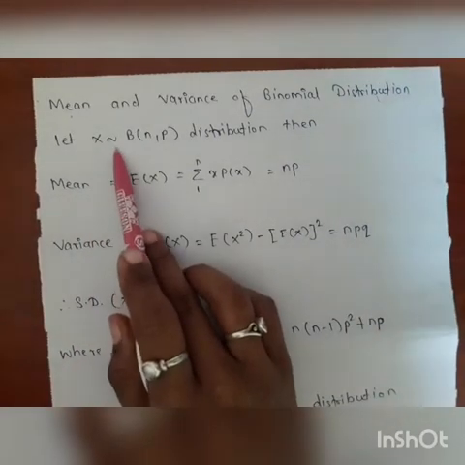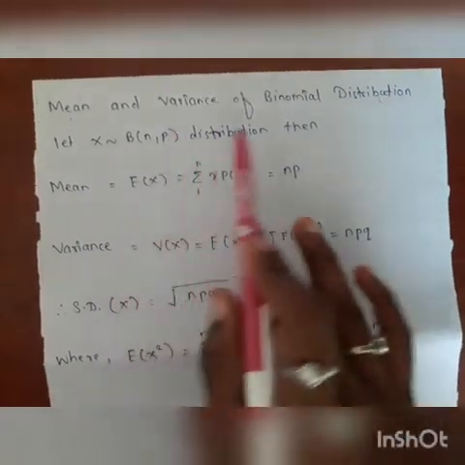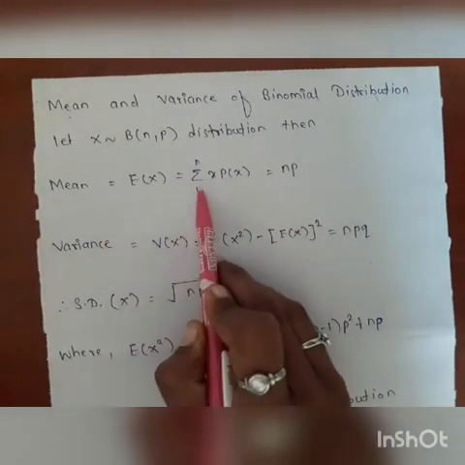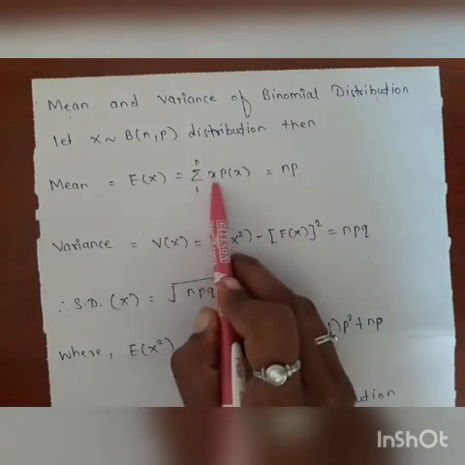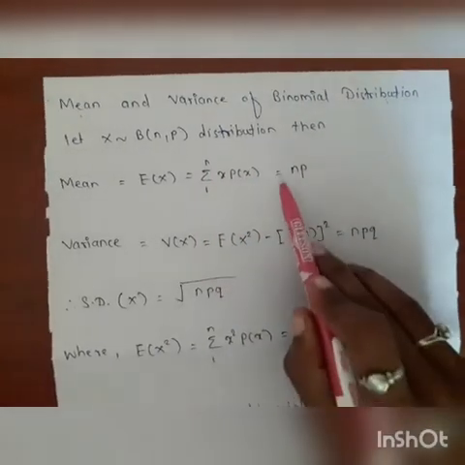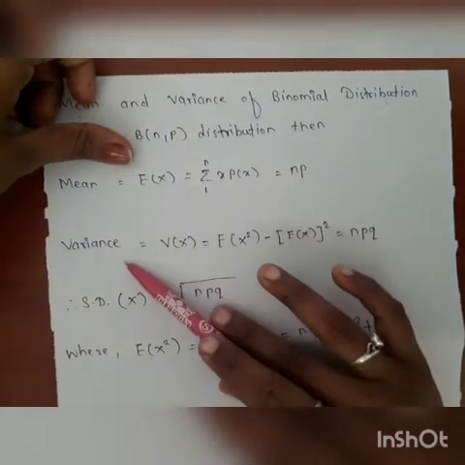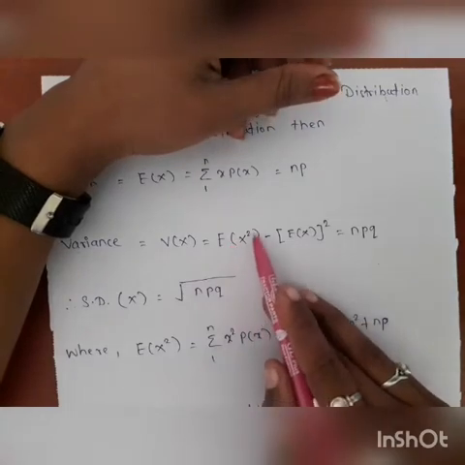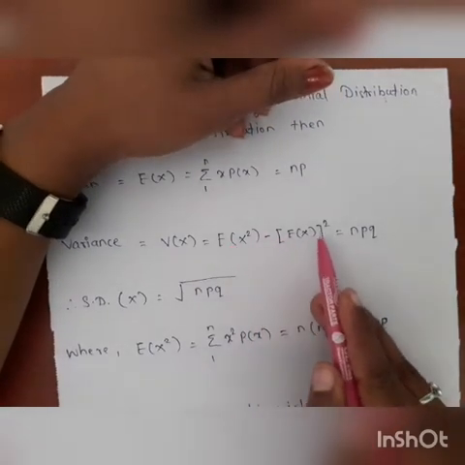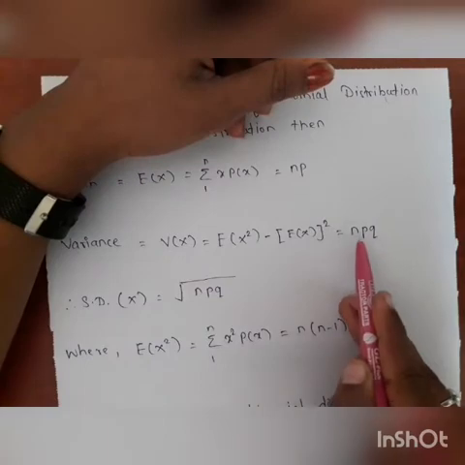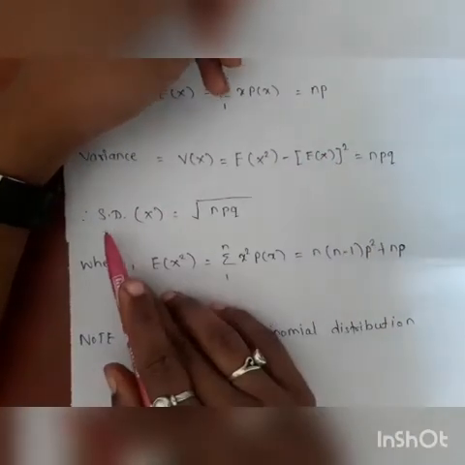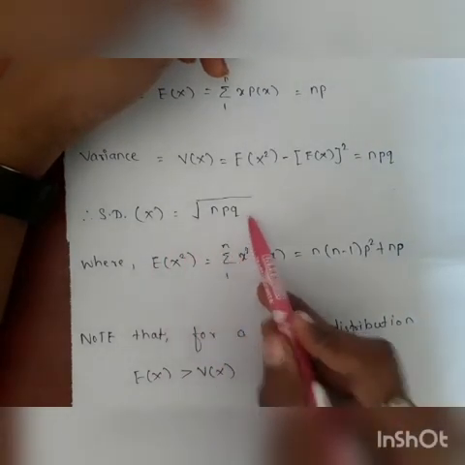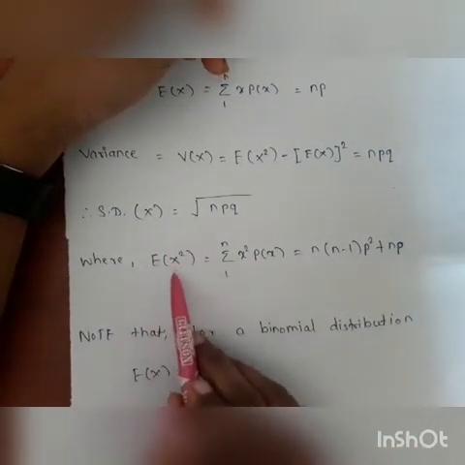Let X be related to B(n, p) distribution. Then the mean is E(X), which is equal to the summation of x p(x) from 1 to n, which is equal to np. And the variance V(X) is equal to E(X square) minus (E(X)) square, which is equal to npq. Therefore, the standard deviation of X is equal to the square root of npq,